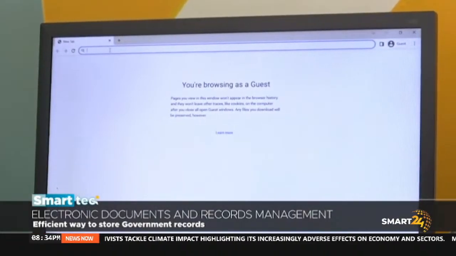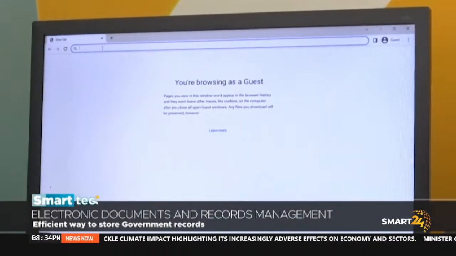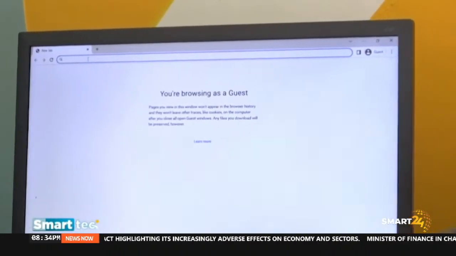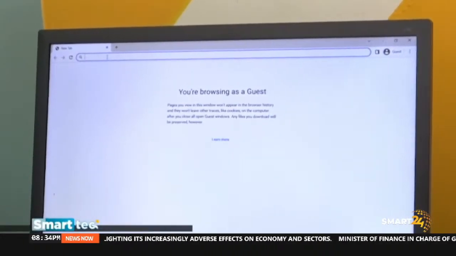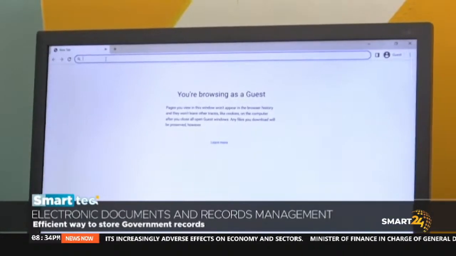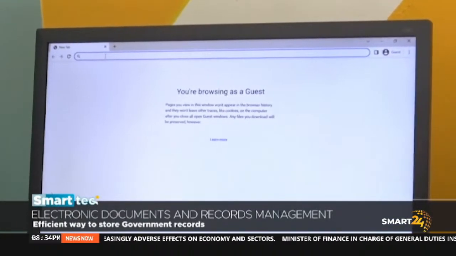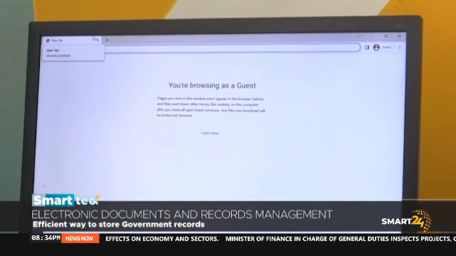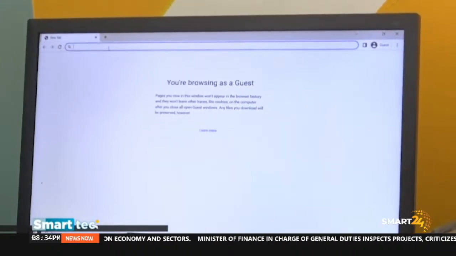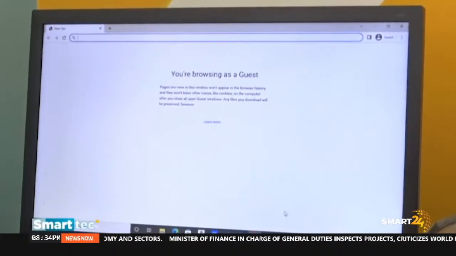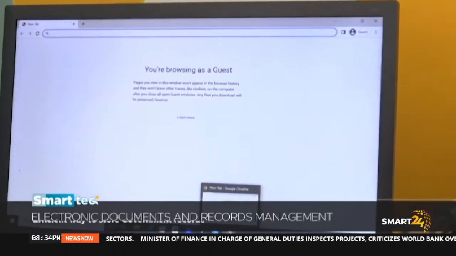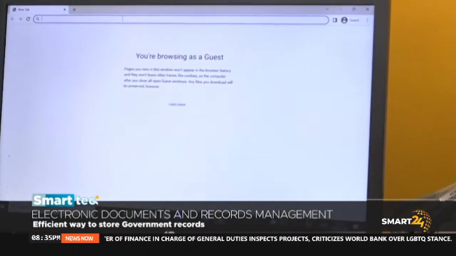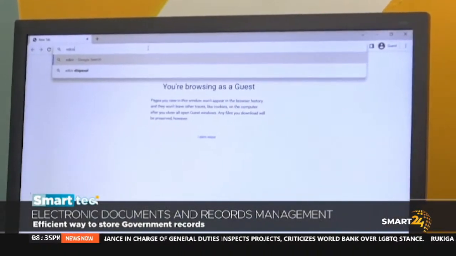Like I said, the electronic document management system is a web-based application. Web-based meaning that for as long as you have access to a device that has a web browser, an action officer in government or any other private entity is able to access the records or the documents or files online. So all you need to do is fire up any web browser. It could be Google Chrome, it could be Edge, any web browser. So in the web browser, you type in the address